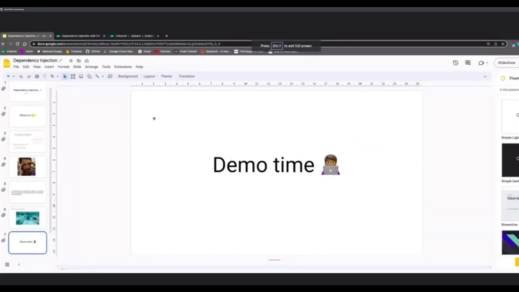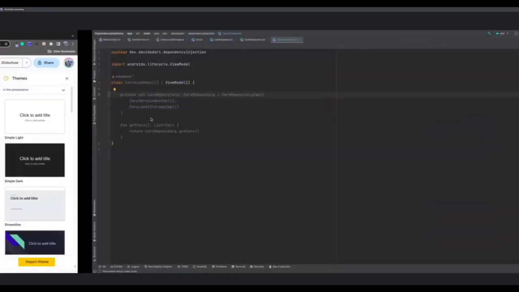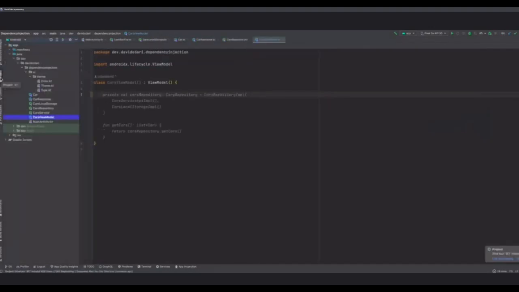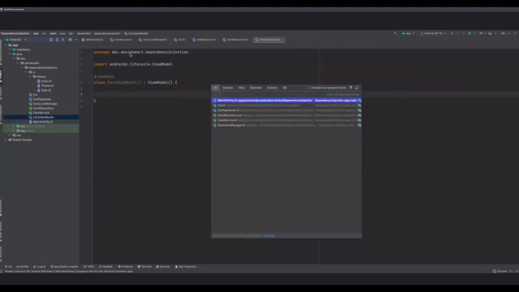Escape. Yes, escape. So I had this. Can you see Android Studio? Just checking. Okay, confirm. Just zoom in a little bit. Okay, I will zoom in.